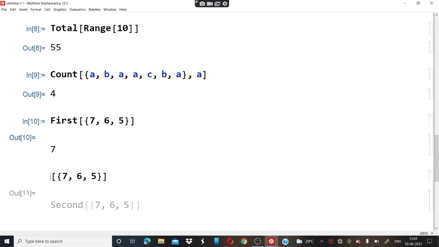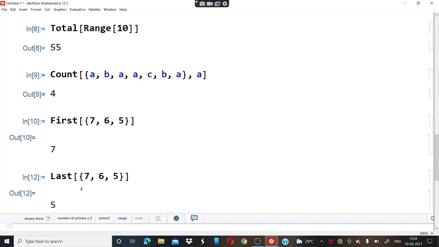So I think we can already find the first and last element by using first and last. We will just write last and press shift and enter, and we get the result as 5. So basically I get these two functions: first to get the first element and last to give the last element. In this way it will help to find these.